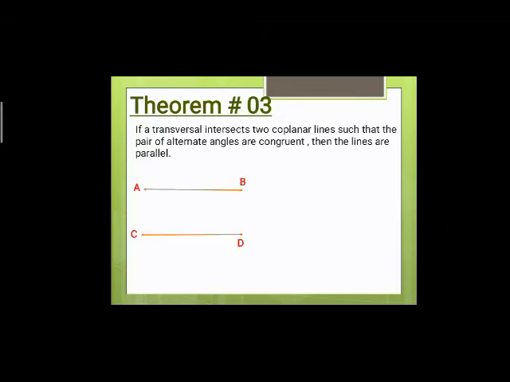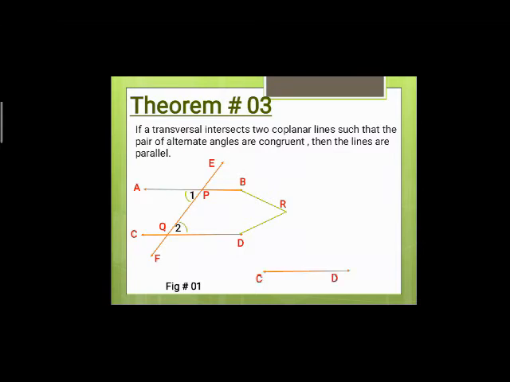So firstly we draw a diagram with the help of the given statement. We have two lines, AB and CD, cut by a transversal. Here the transversal line EF cuts both lines at the intersecting points P and Q. By the help of these two intersecting points, we have some angles, angle 1 and angle 2, and we have to prove that if both lines are extended, they meet at some point R. So for solving this theorem, we assume that both the lines are not intersecting each other.